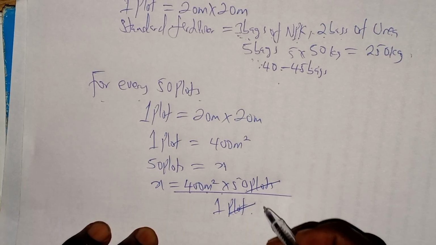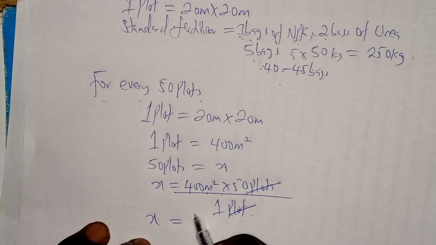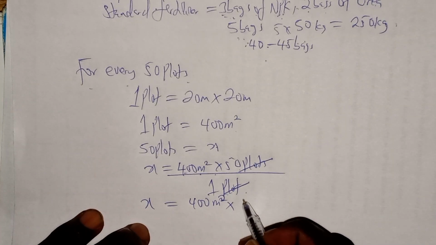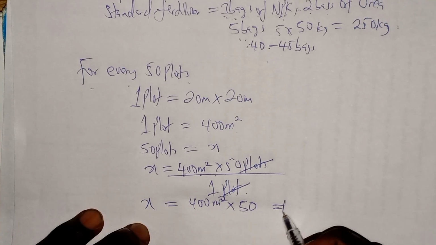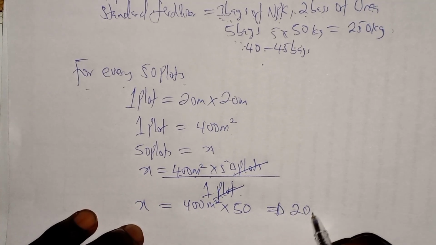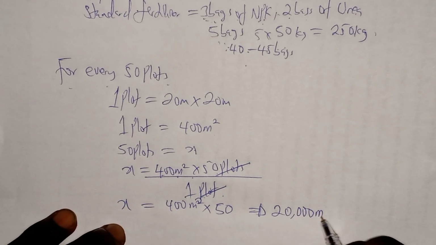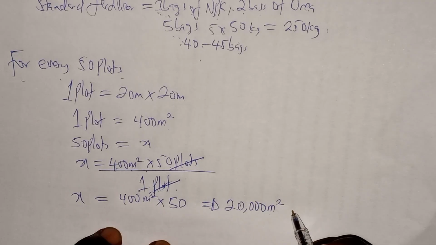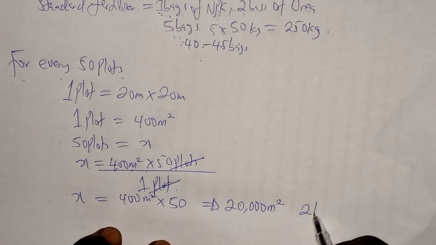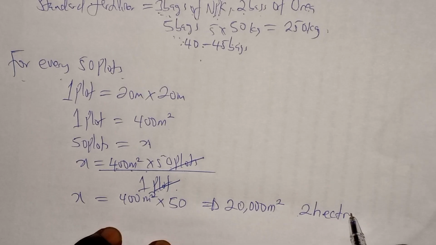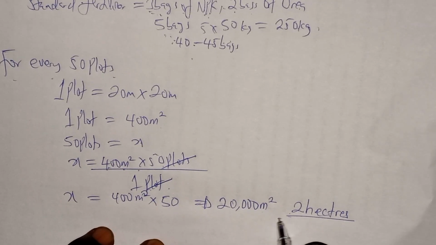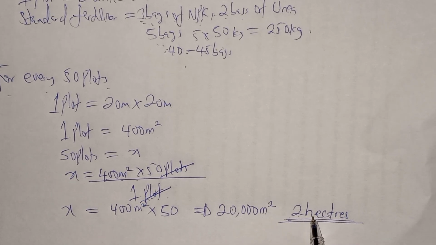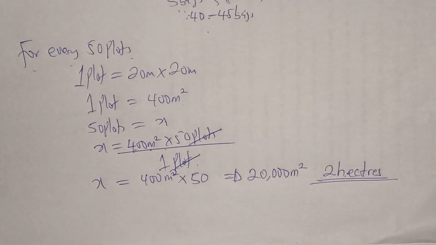So x is 400 meters squared times 50, and this gives us 20,000 meters squared. And 20,000 meters squared is the same thing as 2 hectares, right? 2 hectares. Now back to our